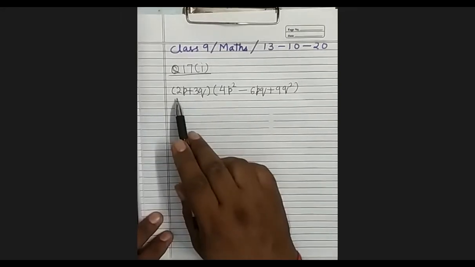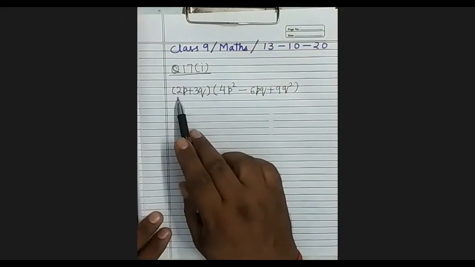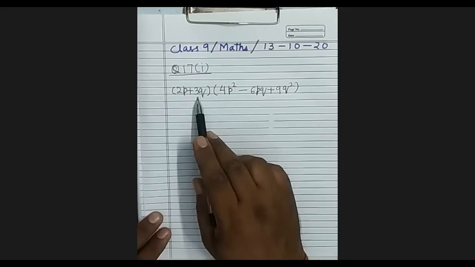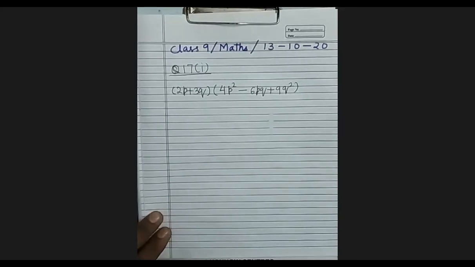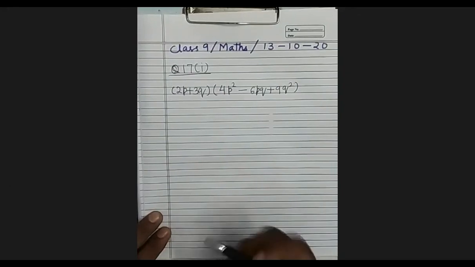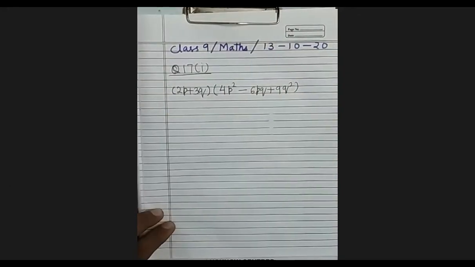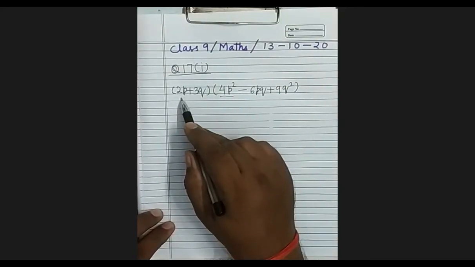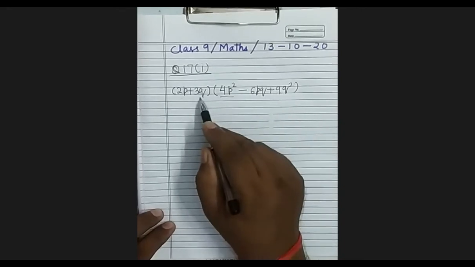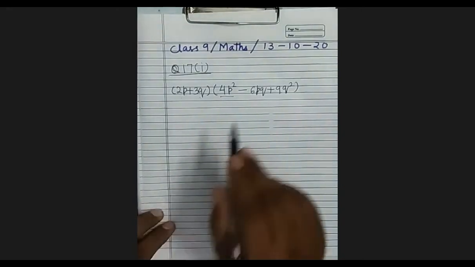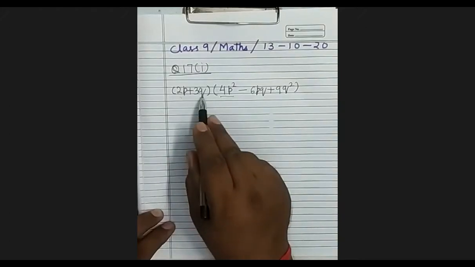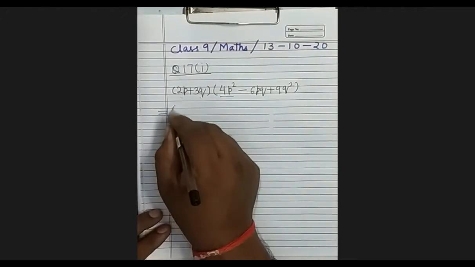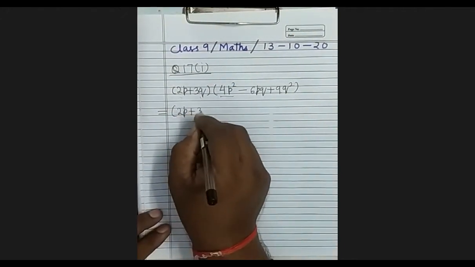We will not do like this, as I told, that you multiply 2p with all the terms of this bracket and then 3q with all the terms of this bracket and then simplify. Here we will use this formula. If you see this, then you know that 4p square is the whole square of 2p. 9q square is the whole square of 3q. And 6pq is the product of 2p and 3q. It's clear? Means you can rearrange the term and you can write it as 2p plus 3q.